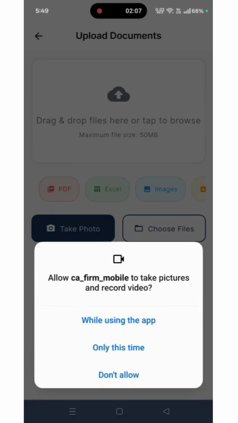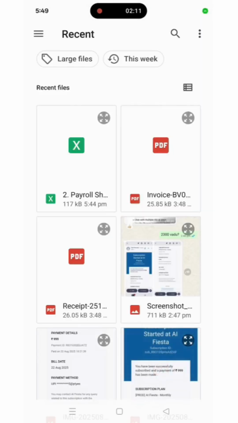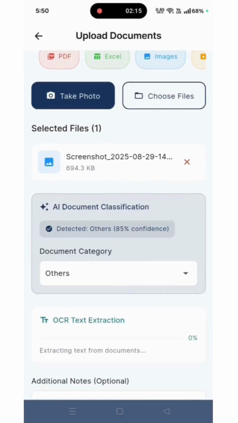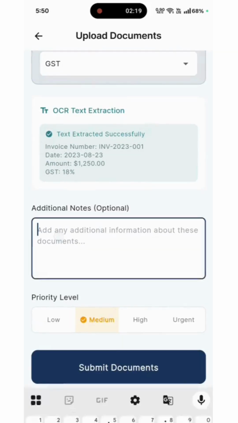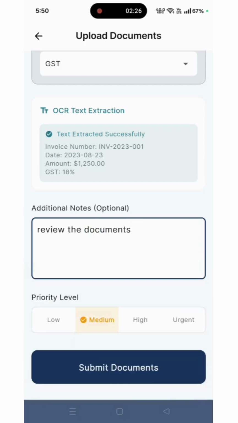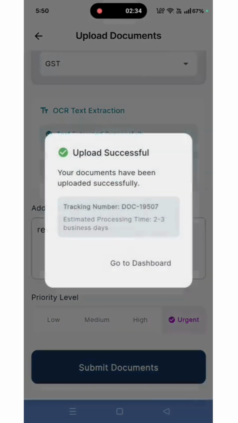Employee can upload the document by simply clicking the image or upload it from the file explorer. For that the application needs permission to access the device's image, audio, and data. Also, it requires selecting the document type. We can add comments manually with regard to the document and some other internal remarks. At last we can set priority level like low, medium, high, and urgent. By submitting the document it goes directly to the database and we can see it in the dashboard section.